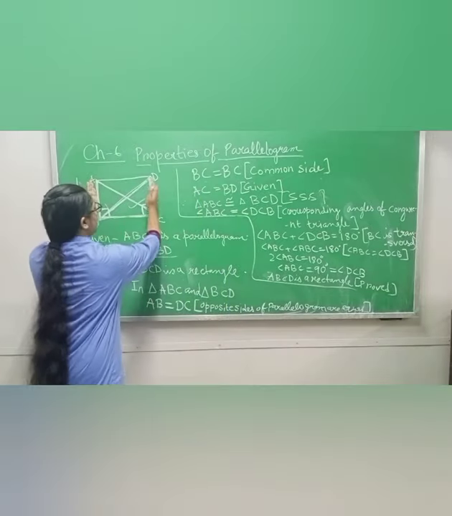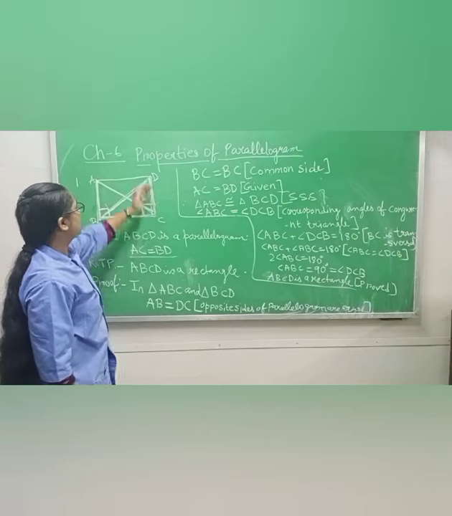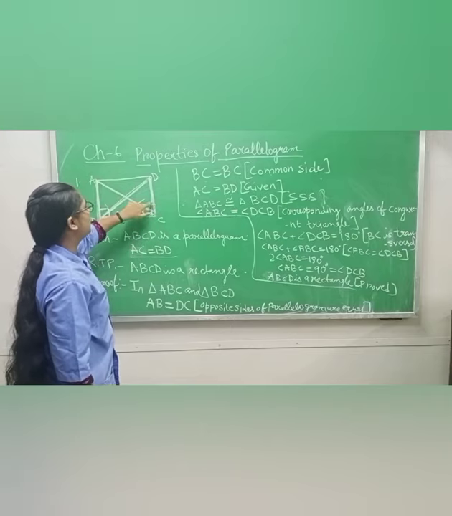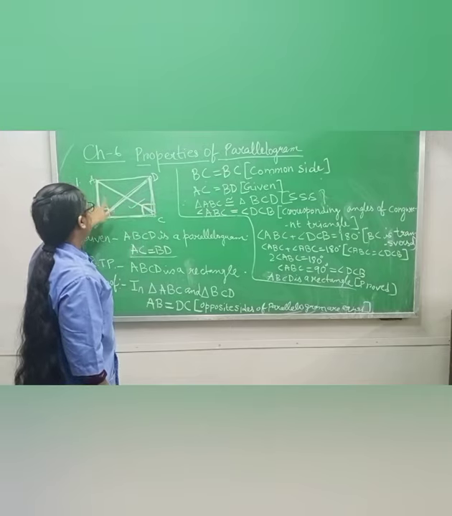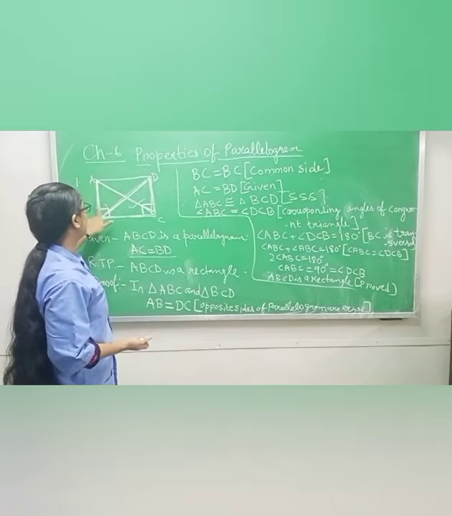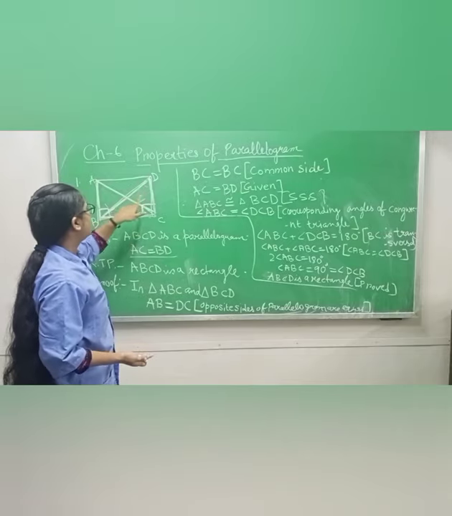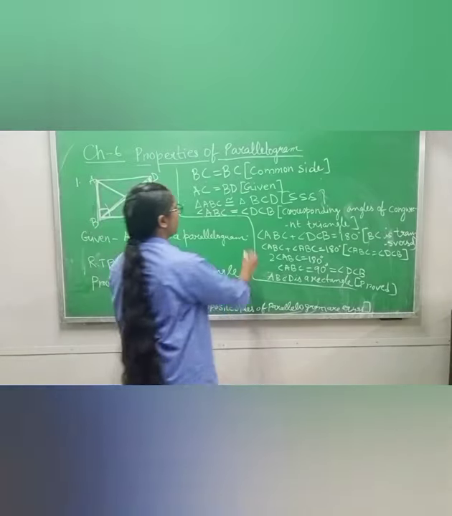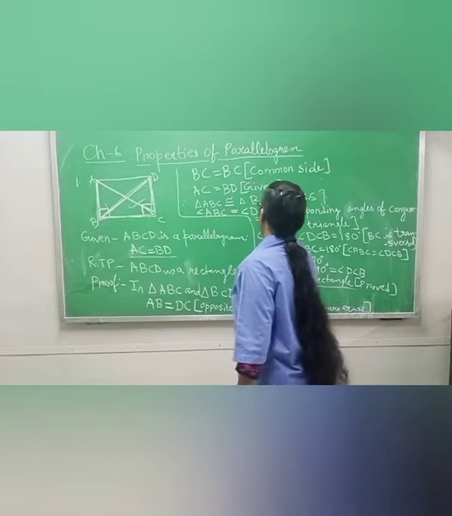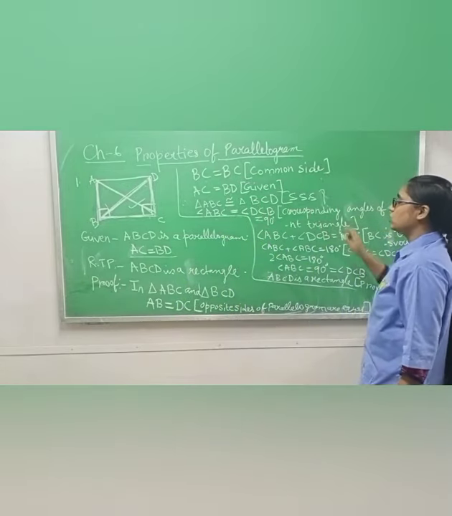We know that AB equals DC. So no need to prove this one. This one we have proved already. This one we have proved already. What is left? Only this angle is left. This angle we don't need to prove because we can see that this one is not 90 degrees. So this angle is left. We are proving that angle ABC equals angle DCB and equals 90 degrees. You can write also by corresponding angles of a congruent triangle.